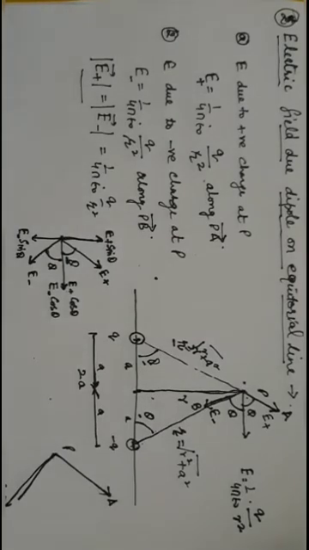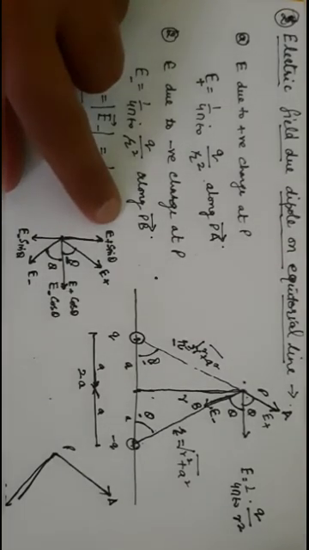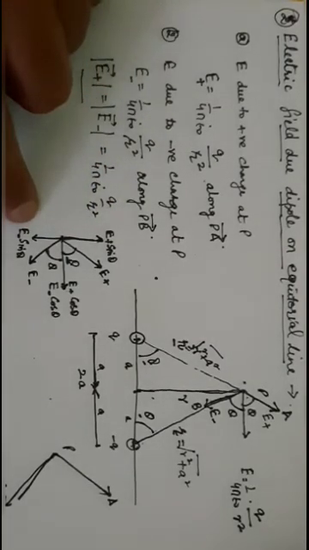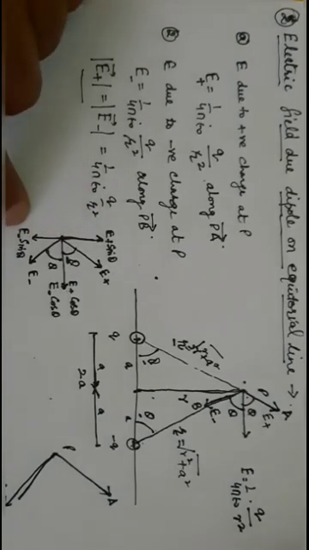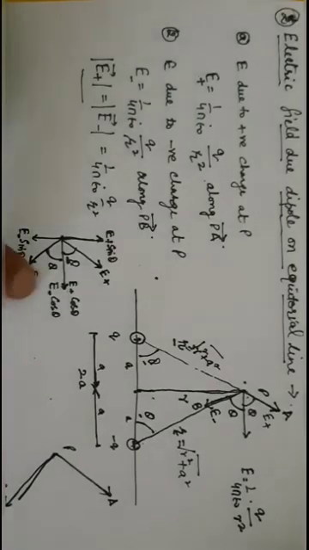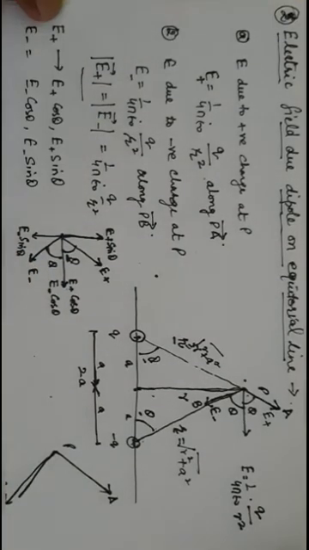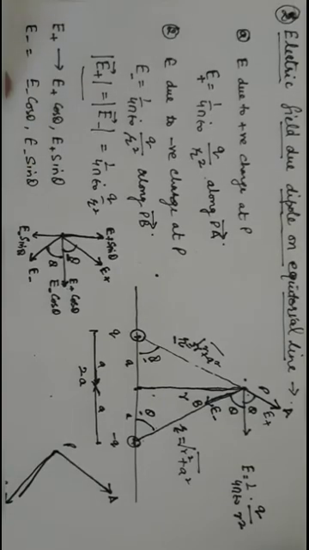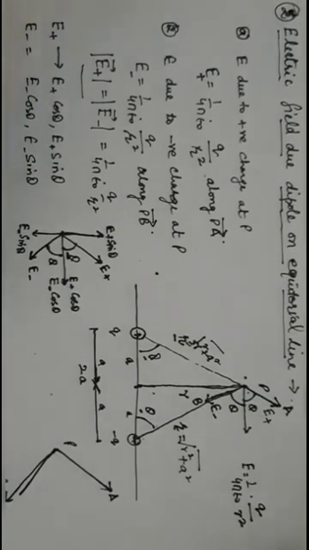So by seeing this diagram, E positive sine theta and E negative sine theta are in opposite directions. Also, their angles are equal and E positive and E negative magnitude is equal. So both these components will cancel out. We will be left with these 2 components, that is E positive cos theta and E negative cos theta. E positive is resolved into two parts, E positive cos theta and E positive sin theta. E negative is resolved into E negative cos theta and E negative sin theta.